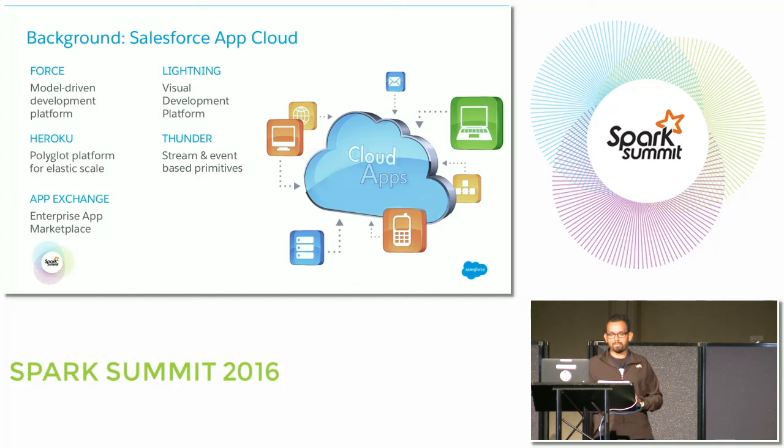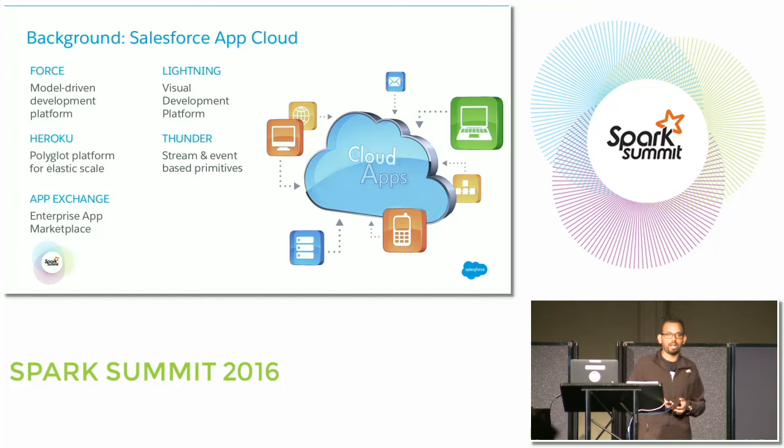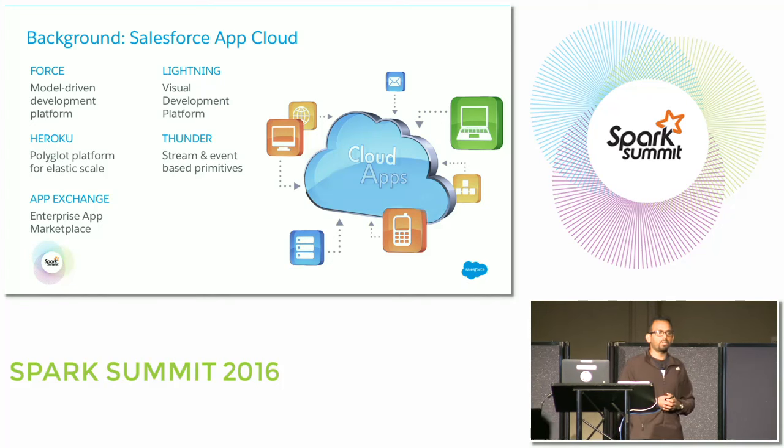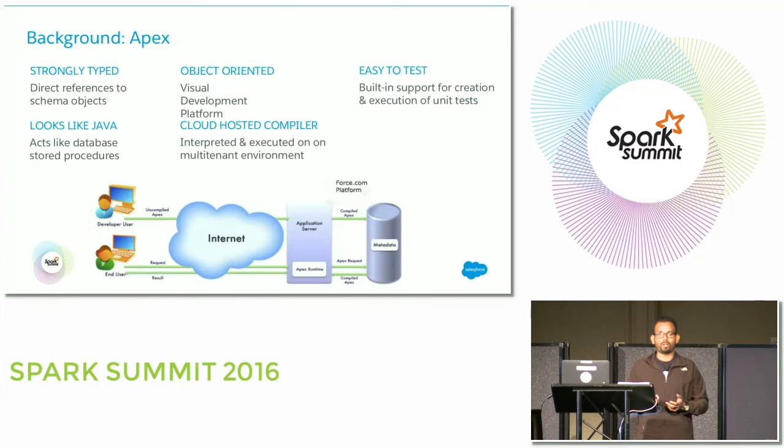To start with, Salesforce App Cloud is a bundle of these services. We have Force.com, Lightning, Heroku, and a few others. So we're going to primarily focus on Force.com, which is a platform as a service offering that allows our customers to create custom applications that reside on the Salesforce infrastructure. In order to do that, our customers use a programming language called Apex. This is a Salesforce proprietary programming language, which is very similar to Java. It is strongly typed, object oriented,